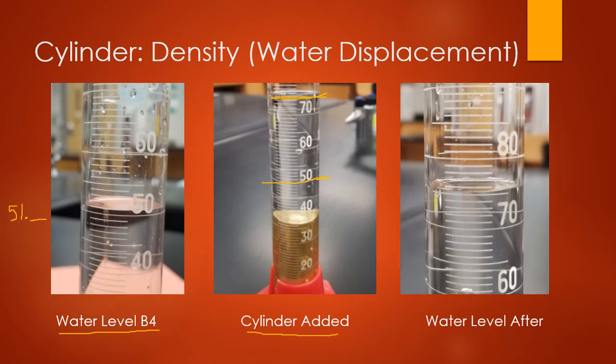So once you put the cylinder in the water, it's going to displace the water or move it, making room for the cylinder. So you can figure out the volume of the cylinder depending upon how much water was displaced. What I have in this last picture is a close-up of the water level after the cylinder was added. So looking at the meniscus,